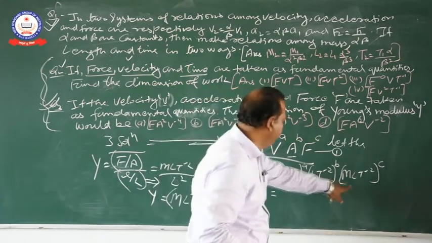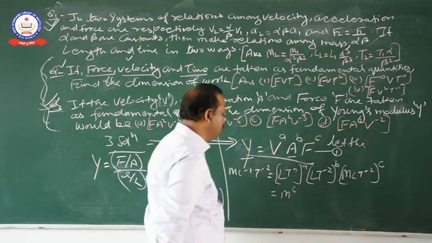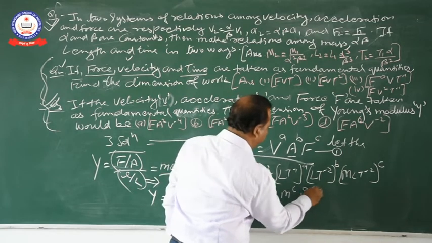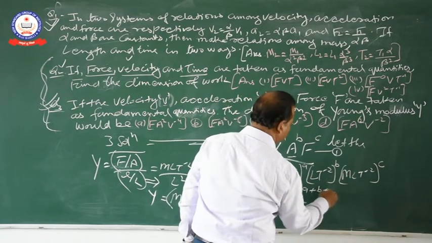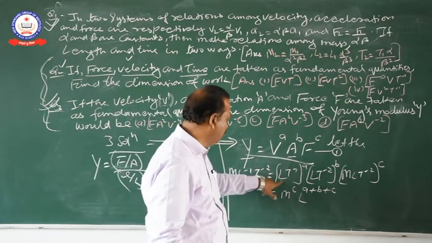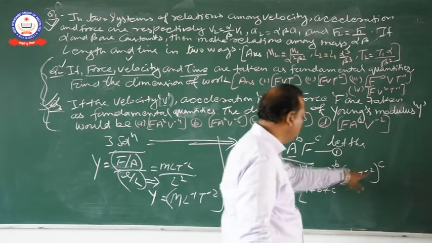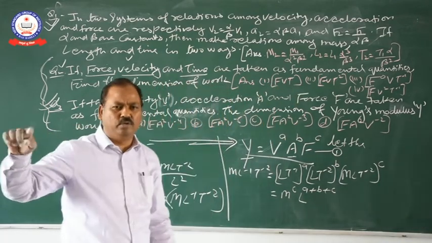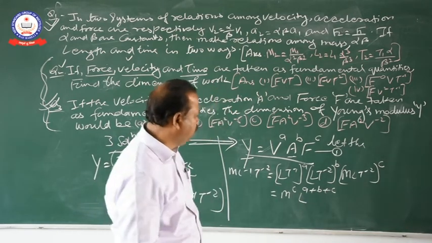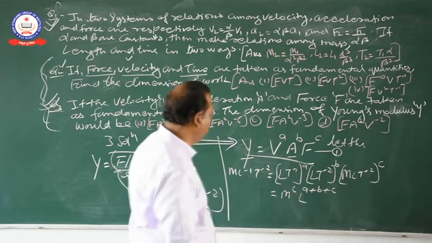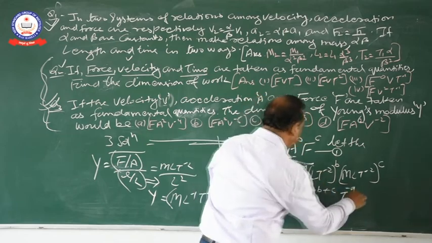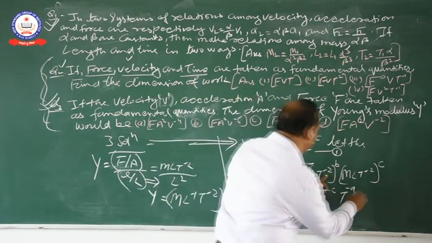So M raised to power c, L raised to power a plus b plus c. Is it clear? L raised to power a into L raised to power b into L raised to power c. You know A raised to power m into A raised to power n is equal to A raised to power m plus n. L raised to power a plus b plus c, and T raised to power minus a, minus 2b